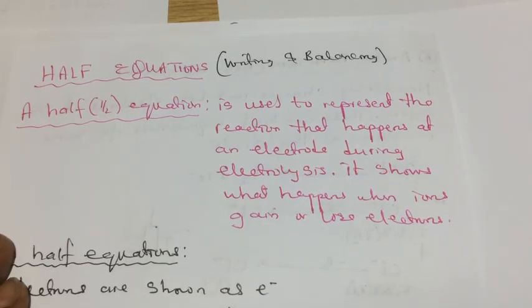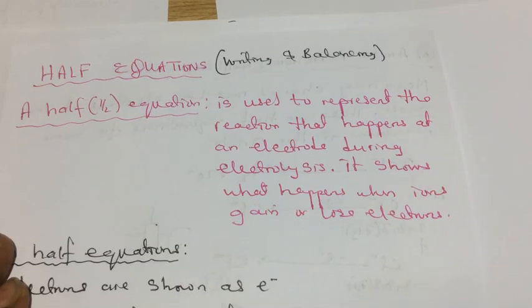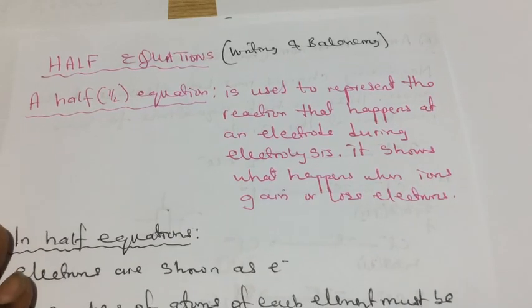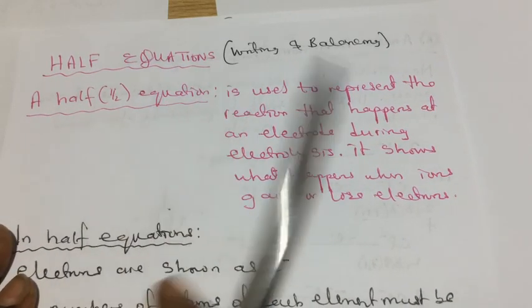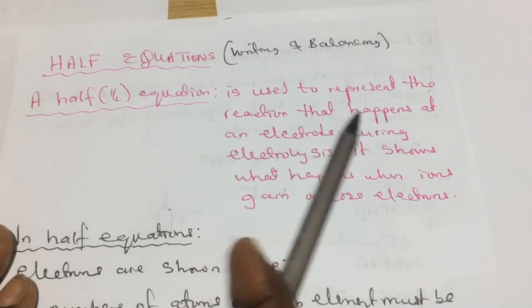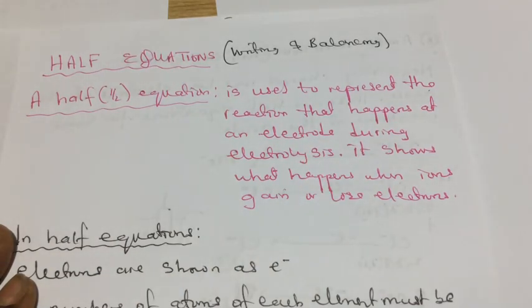Let's look at a subtopic, a continuation of electrolysis: half-cell equations, writing and balancing. A half-cell equation is used to represent the reaction that happens at the electrodes, that is the anode and the cathode,